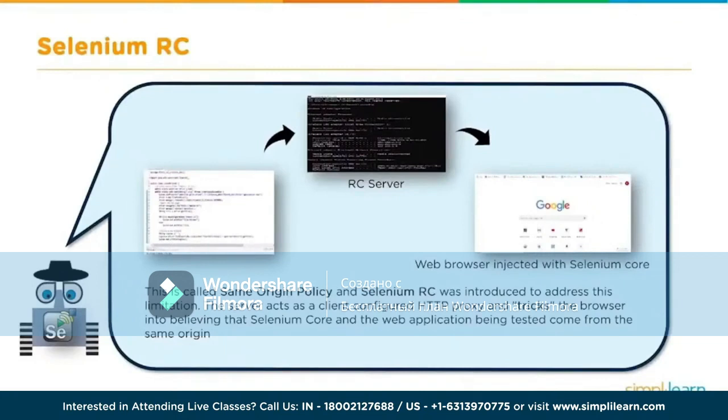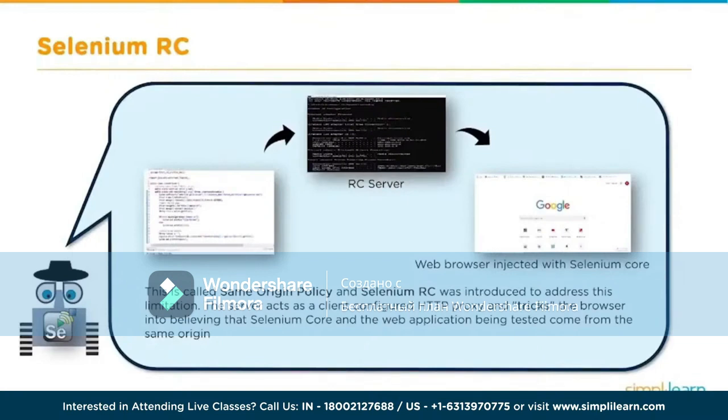And how exactly does this communication happen? This RC server acts like a proxy. So say your test script asks to launch a browser. What happens is this command goes to your server and then your RC server launches the browser. It injects the JavaScript into the browser. Once this is done, all the subsequent calls from your test script to your browser